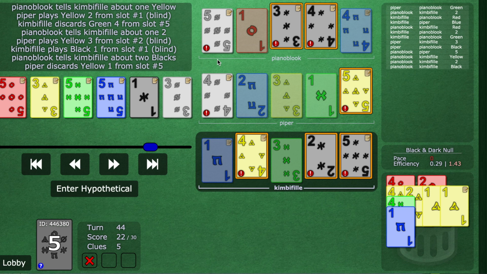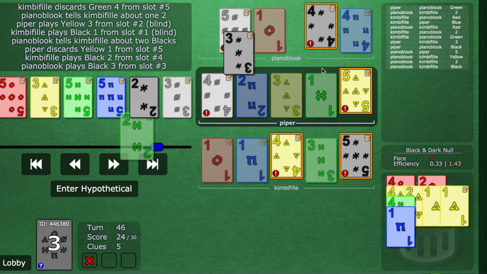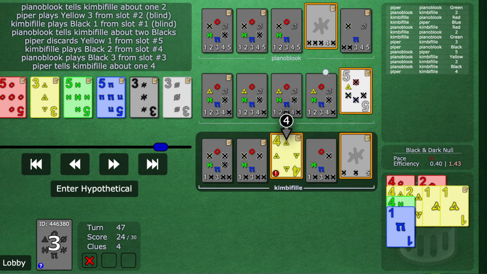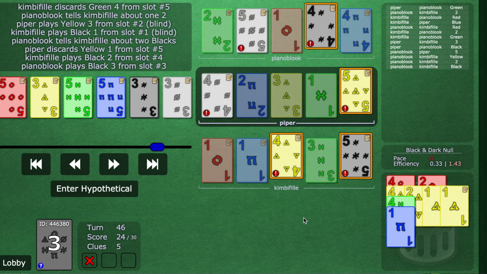Okay, and now Kimby sees the null 4 and 5. Question is, how are we going to get them? Kimby decides that we can deal with this later. Piper is going to be forced to stall anyway, because we're at pace 0. So she plays into me. As expected, Piper stalls. And yeah, from Piper's perspective, he's probably still freaking out, because if we don't get null 4 soon, we're going to be in some trouble. So Piper stalls,